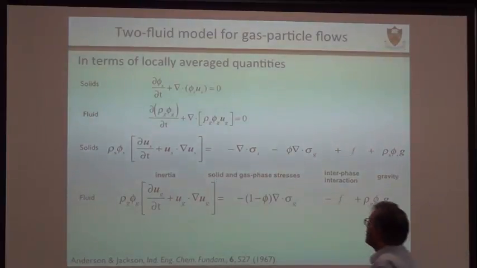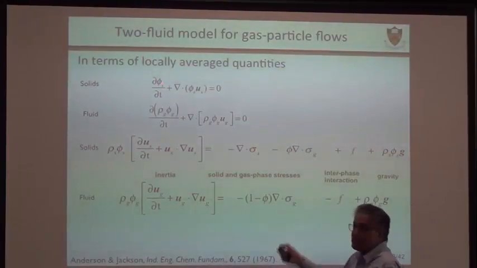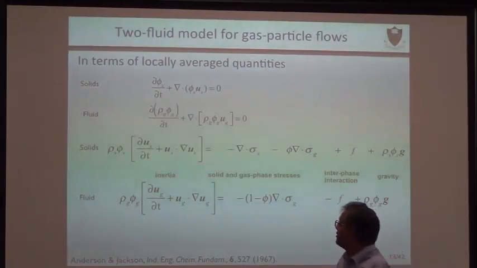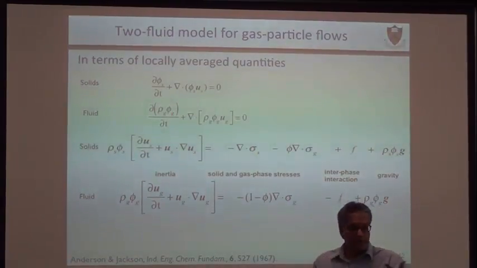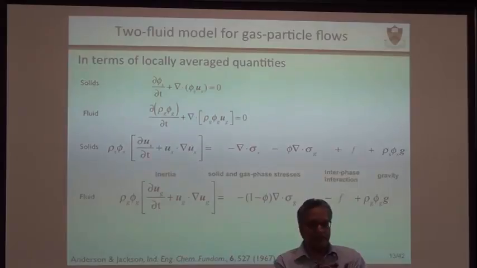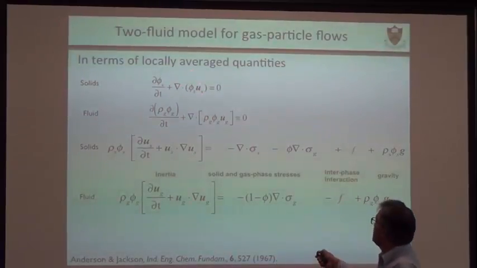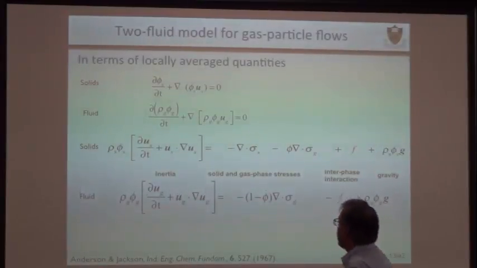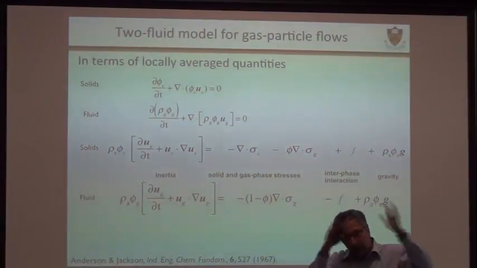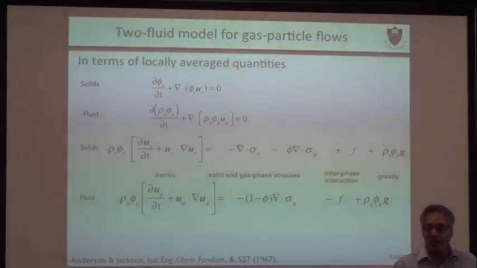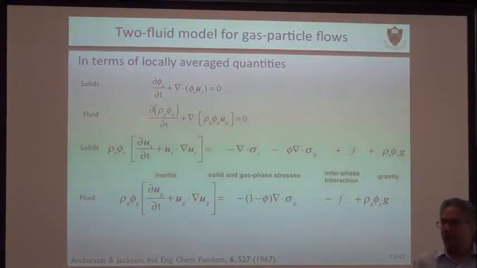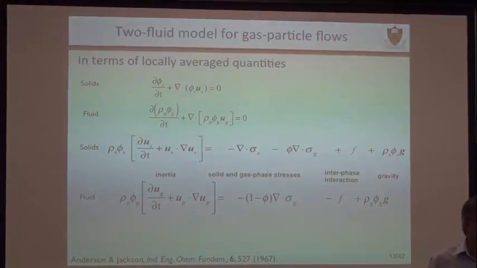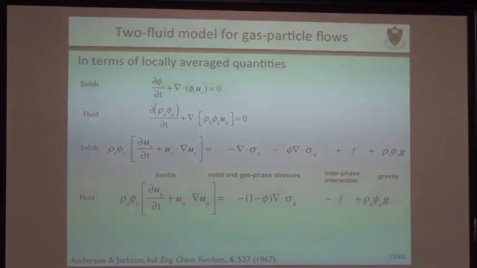So if you look at this, phi_p represents the volume occupied by the particles, and phi_g the volume occupied by the gas, and they have to add up to one because they're sharing the same space. And they have the velocities of the two phases. These are the local average quantities, just like we take the average of molecules in a region to give you continuum density and continuum velocity for the phase. It's exactly the same split.